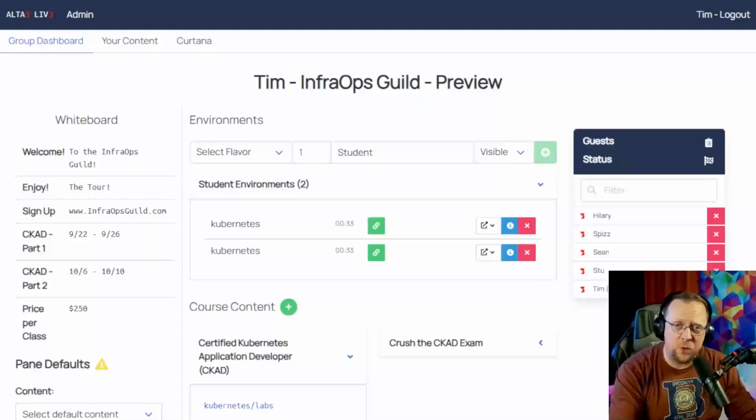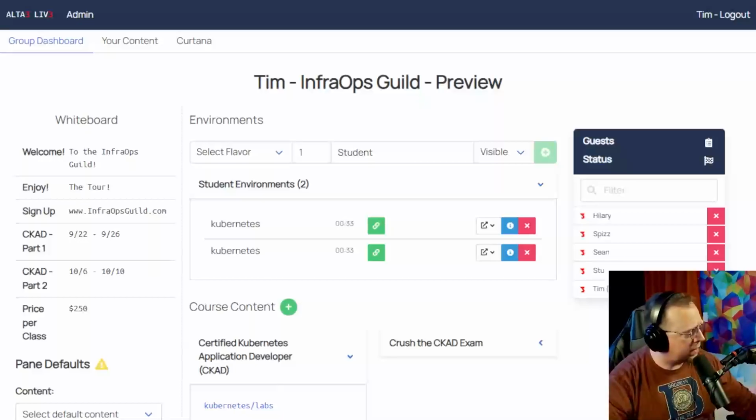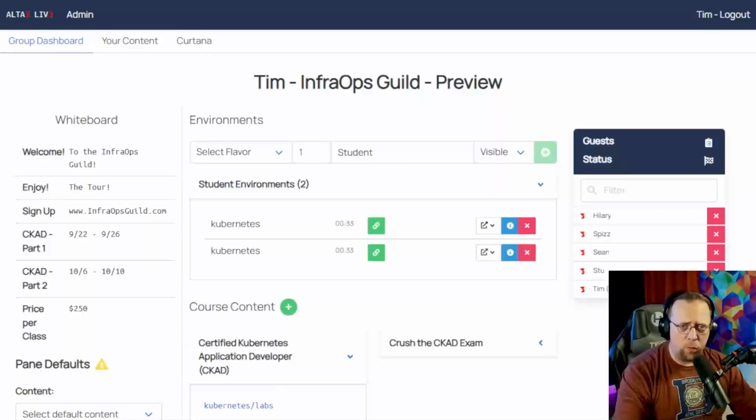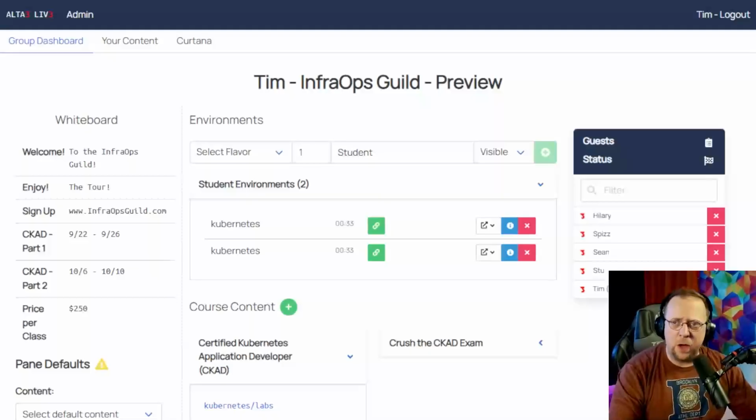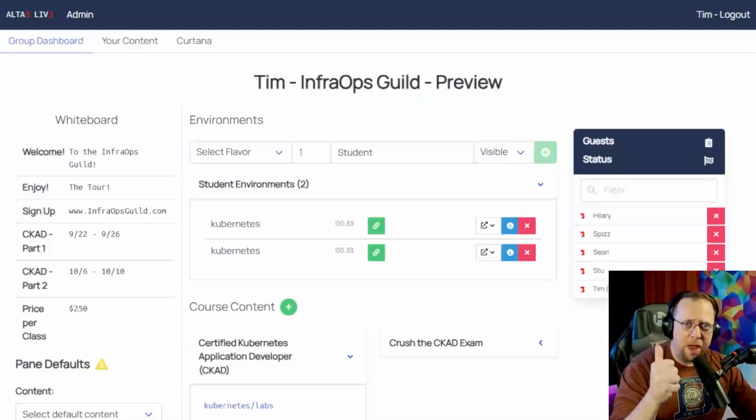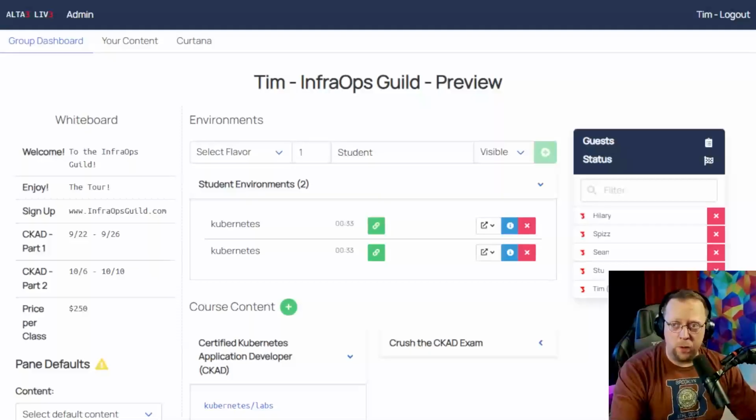I am one of those professional instructors. In fact, I am the Kubernetes series maintainer and administrator. My job is to make sure all of our Kubernetes courses are up to date with the latest and greatest in terms of curriculum, practices, and so on and so forth. So when you purchase Kubernetes training from the InfraOps Guild, know this: you're getting the best Kubernetes training platform on the face of the planet and the best Kubernetes courseware on the face of the planet. And the guy who's teaching it, he's the maintainer of that course software. So with that being said, you're getting the best of the best of the best for the low price of